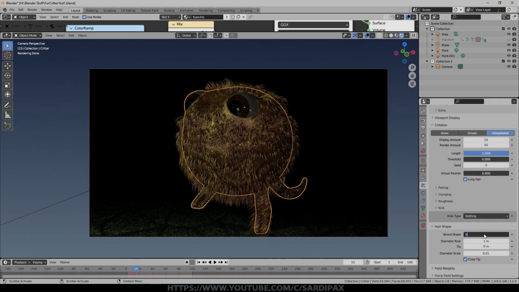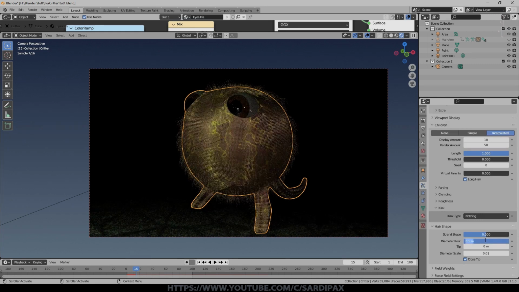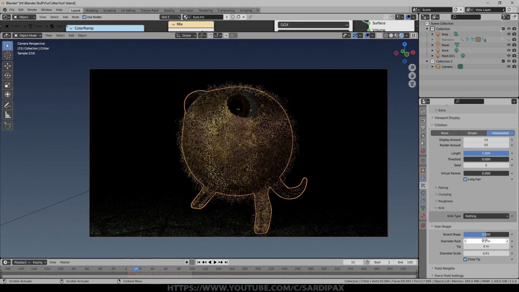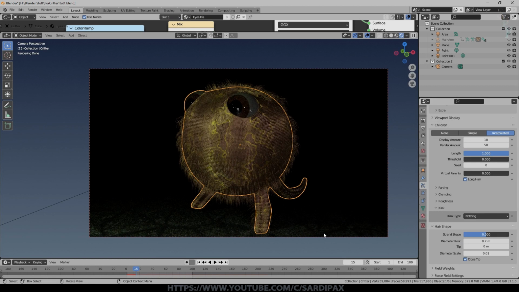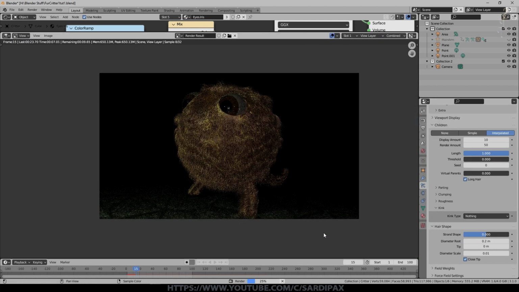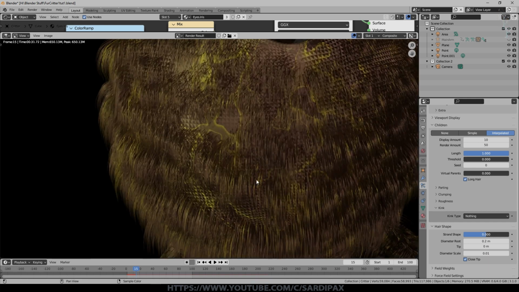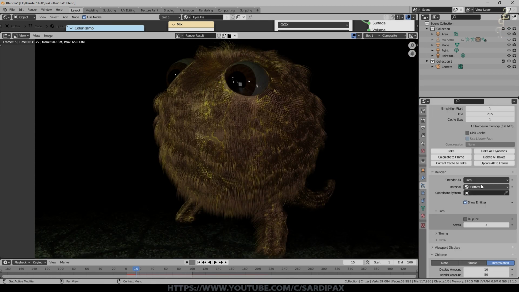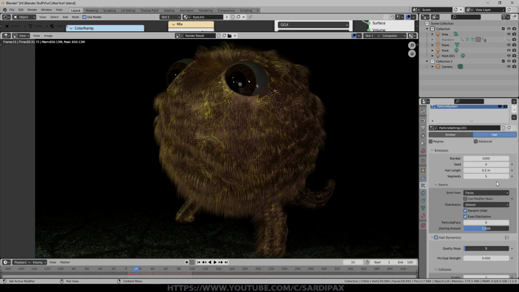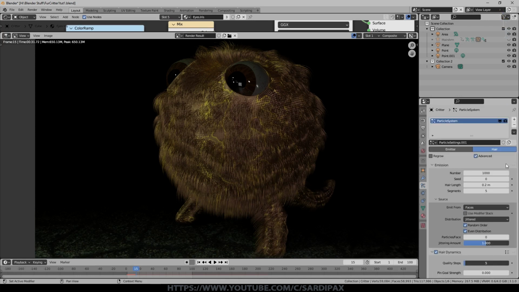I've still got a slight setting on the strand shape there. We'll go to 0.2 for the root, which will basically make the hair finer, and then we'll give that another render. And although he's still slightly bald, you can see that's a much finer hair now, still rendering. So you can see it there. We can also turn on advanced settings at the top, and that just gives us a few more controls.